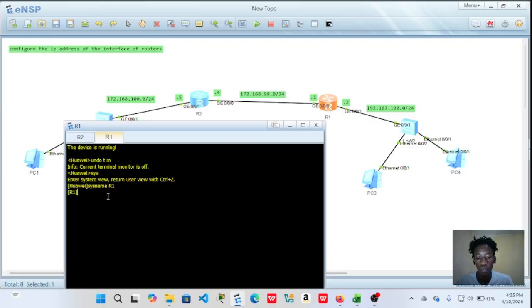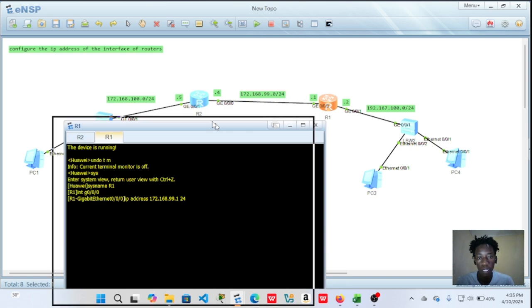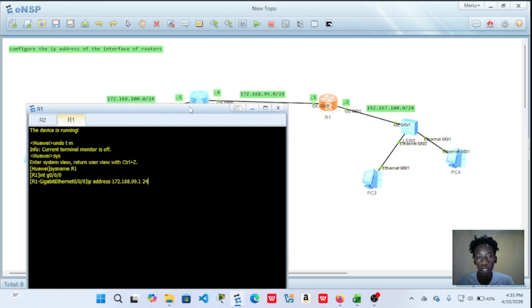So here we are going to also get into the interfaces quickly and assign an IP address for this interface G0/0/0. As you can see, the IP address is 172.168.99.1. So I almost said 0 there. So you should also always be very careful when dealing with that. So space 24, interface G0/0/1,